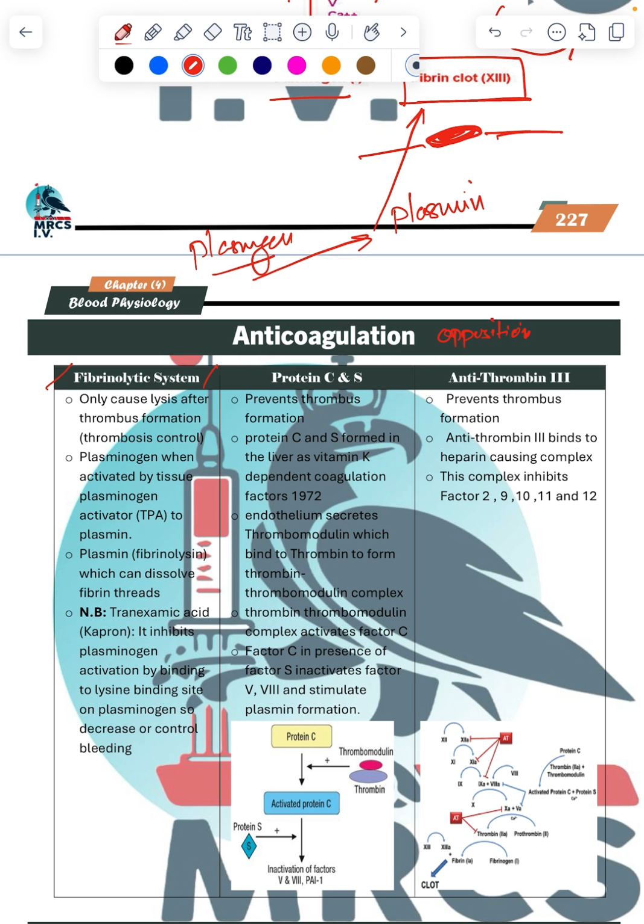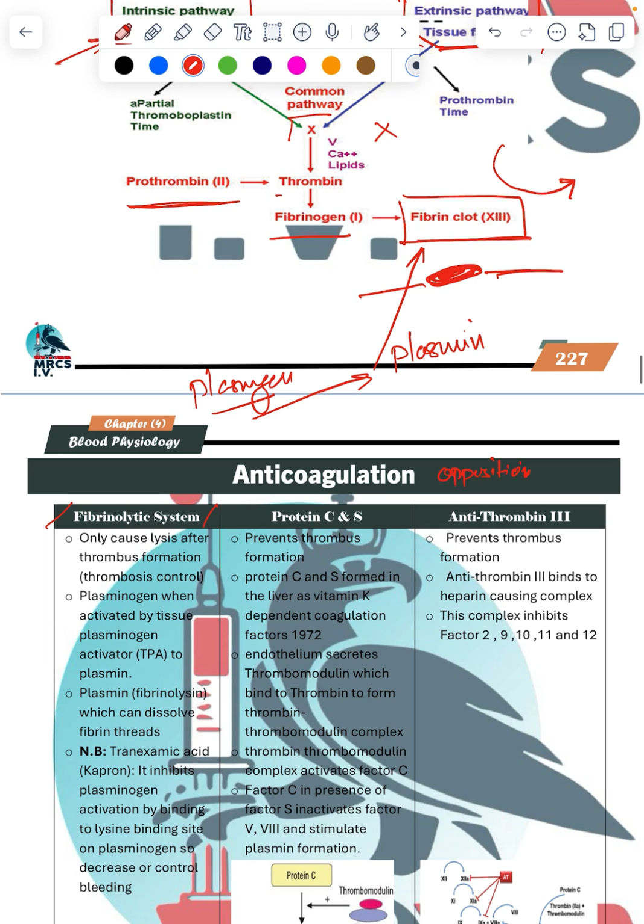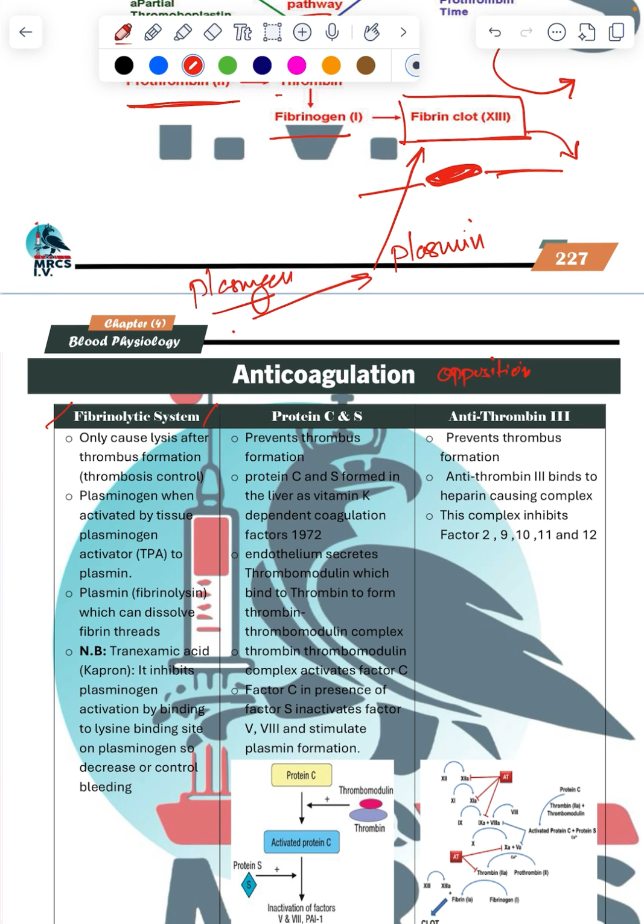Plasmin or fibrinolysin breaks that fibrin clot which dissolves the clot. So this is the question coming. Fibrinolysis starts by the plasmin, which is converted from plasminogen. This is breakdown. Here we are giving,